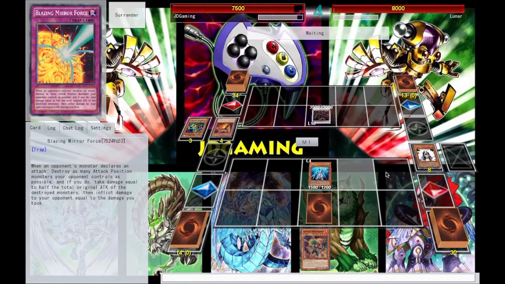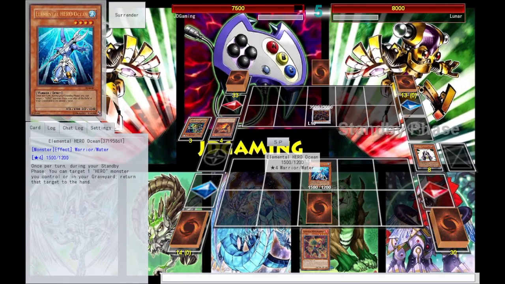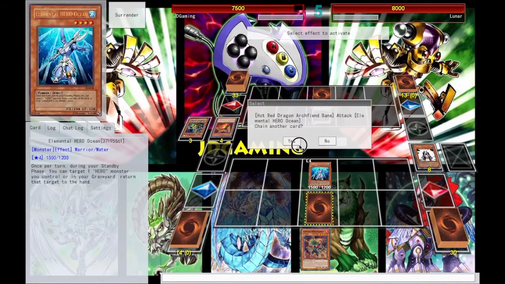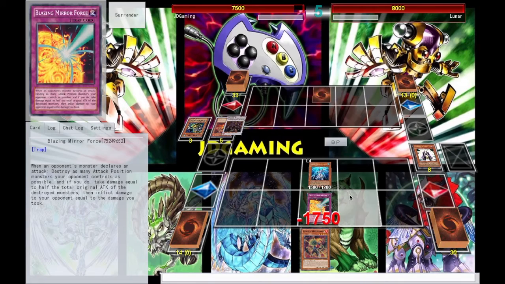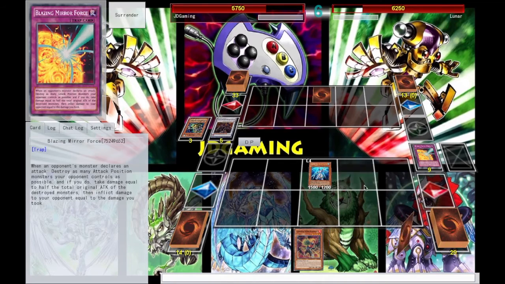Because he has no cards in his hand, I'm actually fairly confident this could work in protecting Ocean until my standby phase, because unless he drew an MS tier Twin Twisters right now, and even if it's Twin Twisters it won't work, he doesn't necessarily have an out to me. So I'm actually going to hit him with this. Awesome. Successful hit. And although Blazing Mirror Force does have the potential to be more than a 1-for-1, I'm just